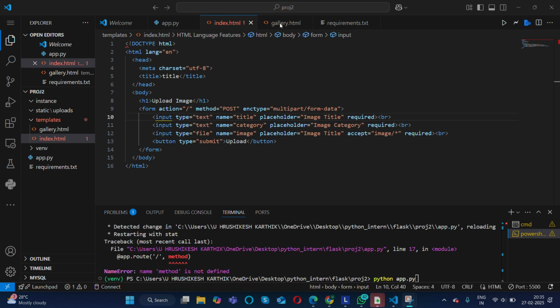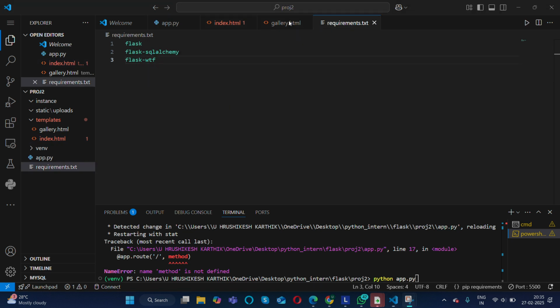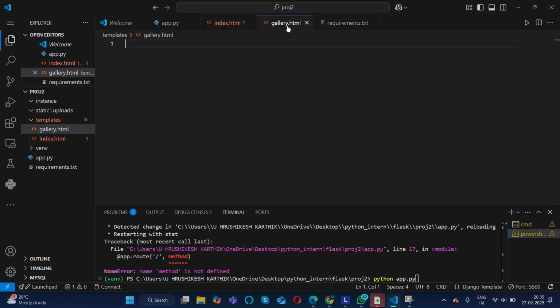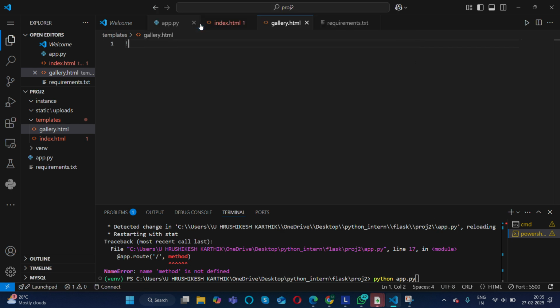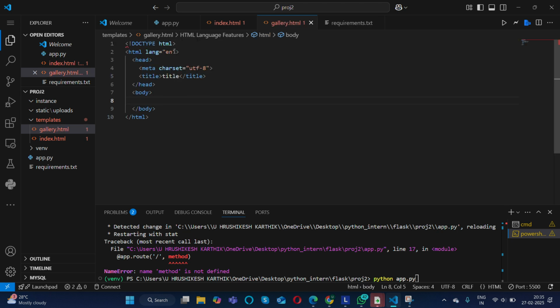So here also I'll use the template offered by this one. Okay. So I'll set a header which is your images gallery.